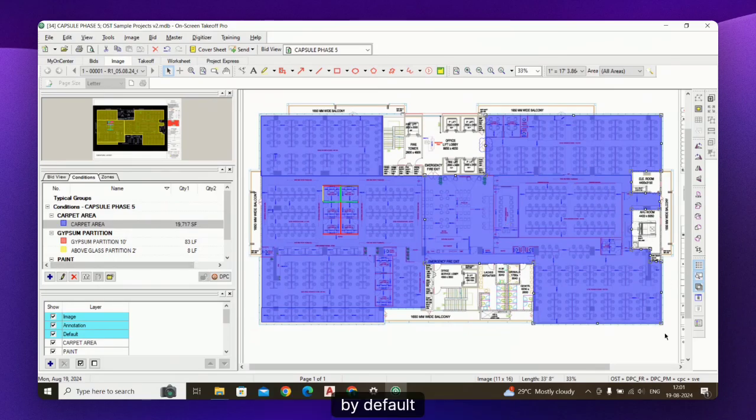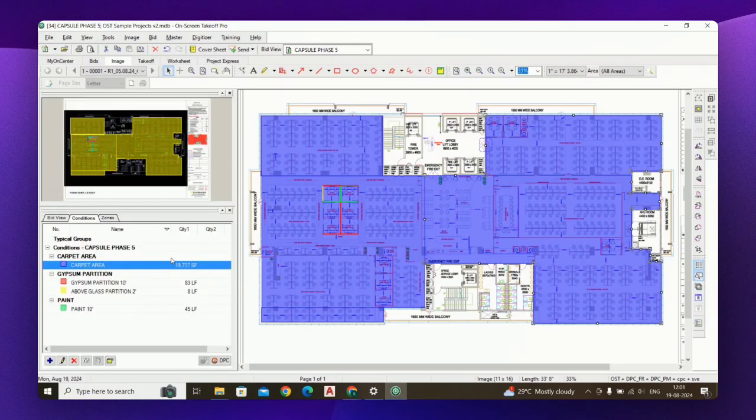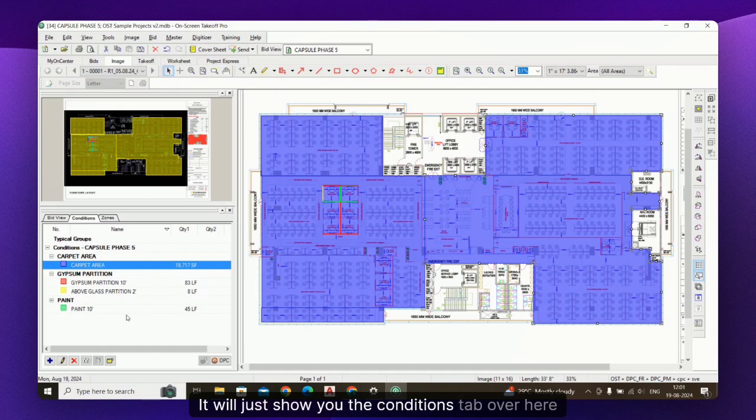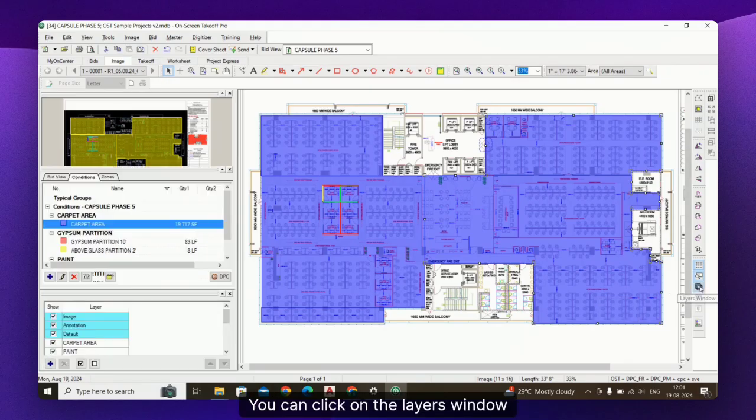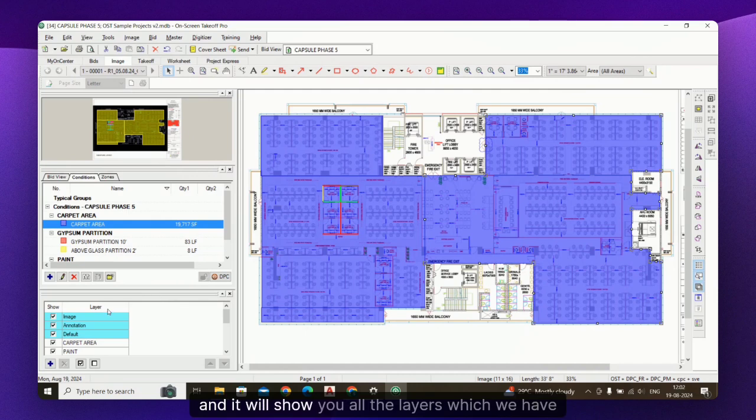Then by default it won't show you, it will just show you the conditions tab over here. If you want to see the layers tab also, here the layers window will be shown. You can click on the layers window and it will show you all the layers which we have created and